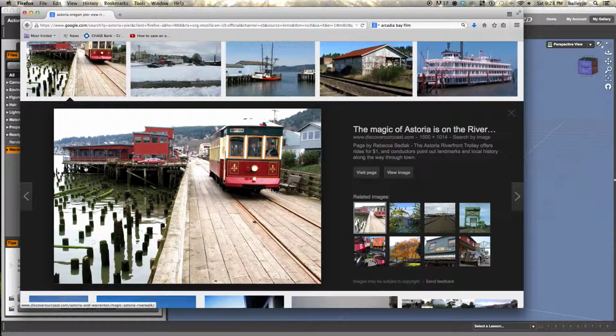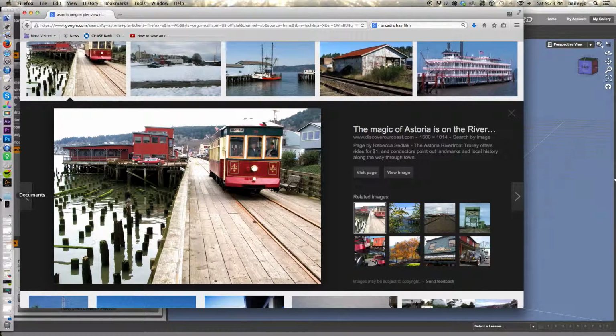So yeah, let's take a photo of what we want to draw here. We're going to be shooting in this area, and I found this picture I really liked, and I want to get this shot in the film. So what we're going to do is Command Shift Control 4, and we're going to take a screenshot of it, and what this is going to do is copy it to our clipboard. Then we're going to go over into Photoshop,